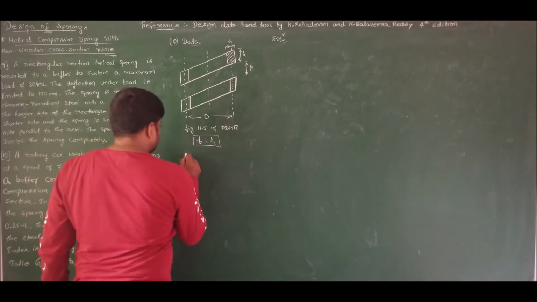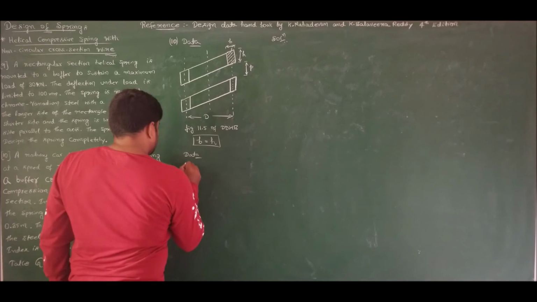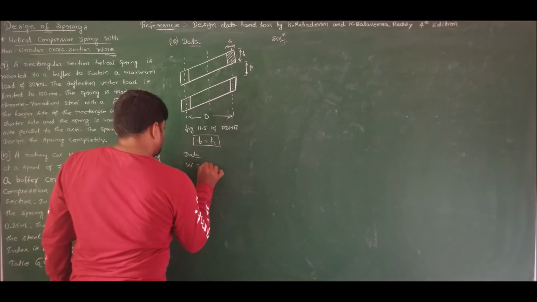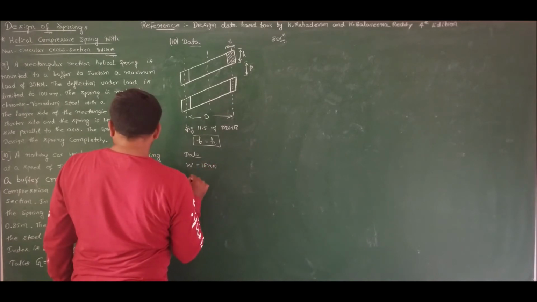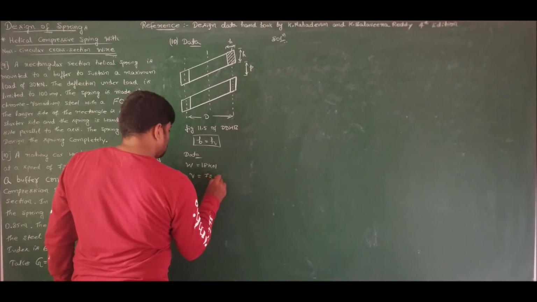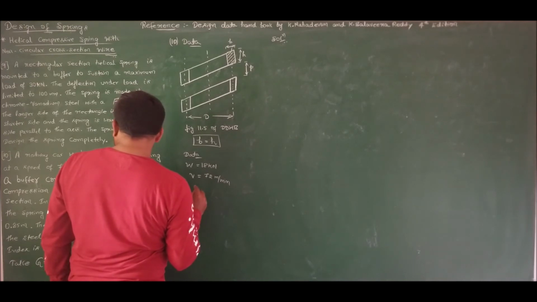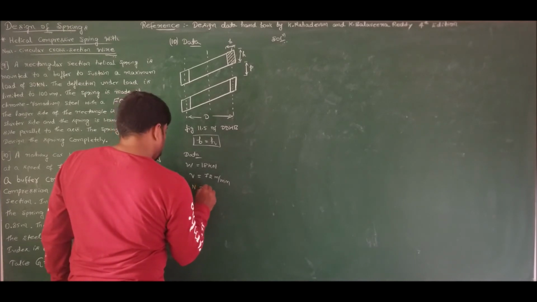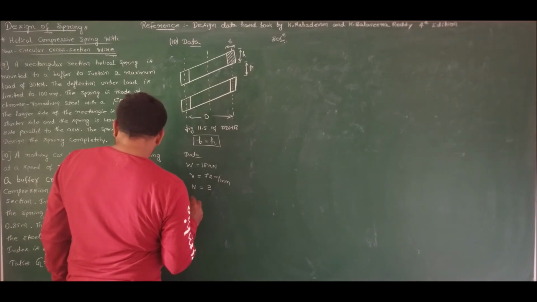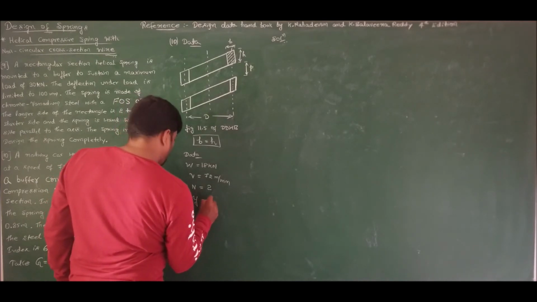If I list out the data given, the weight of the railway car is 18 kilonewtons, which is moving with a velocity of 72 meters per minute, is brought to rest by a buffer consisting of two helical compressive springs of square cross section. In bringing the car to rest, the spring undergoes a deflection. Ymax is given as 0.25 meters.